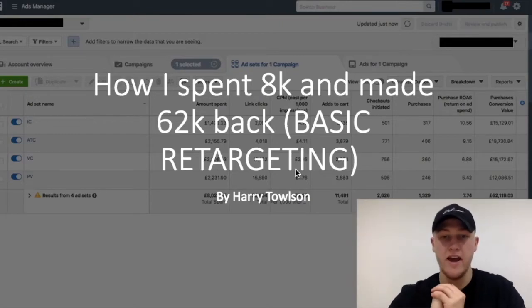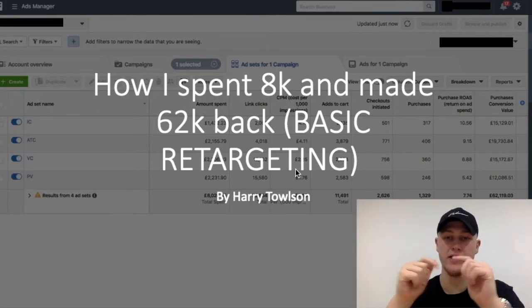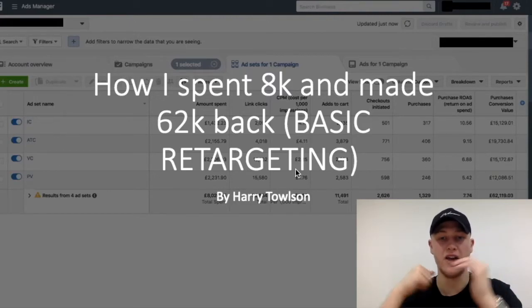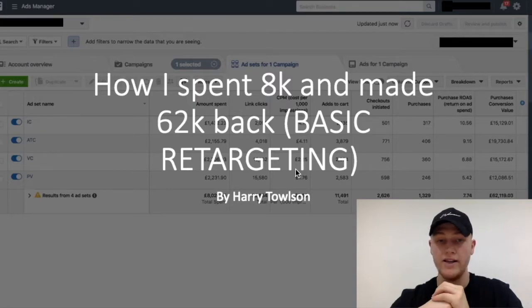What is good, guys? Today I'm going to be talking about retargeting. This is going to be another basic retargeting overview of what I do almost straight away on ad accounts, at least when we've got enough data to be able to do it. So this is just a little case study for one of my clients where I spent 8,000 and I made